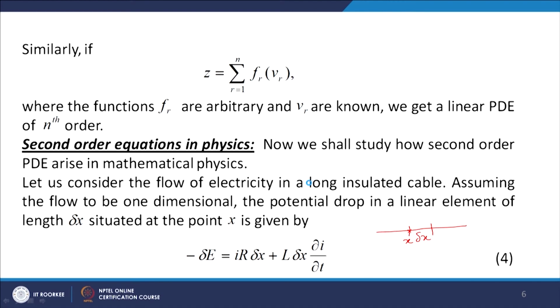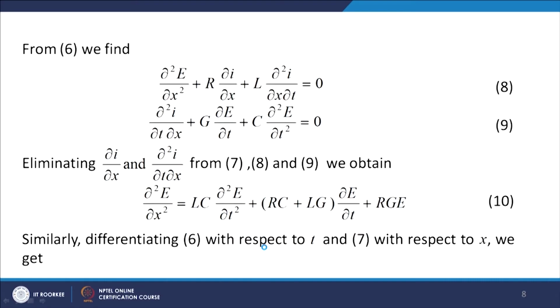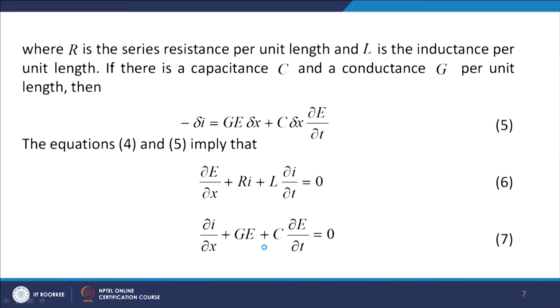When delta t goes to 0, delta x also goes to 0, and so we have equation number 6. And similarly, in equation number 5, we divide by delta x and let delta t go to 0. So that delta x also goes to 0 and we arrive at the 7th equation. Now, from 6 we can see that when we differentiate this 6th equation again with respect to x partially, then